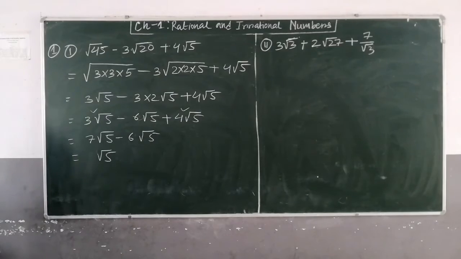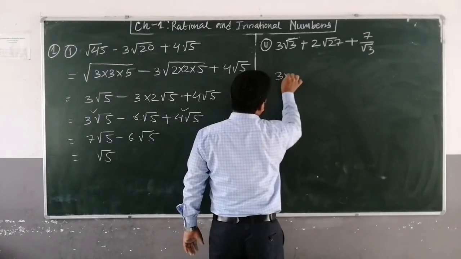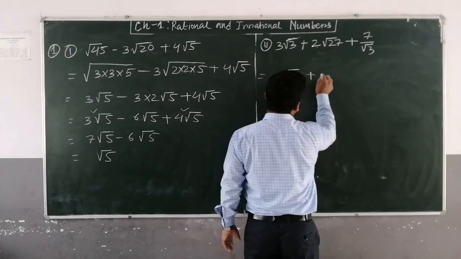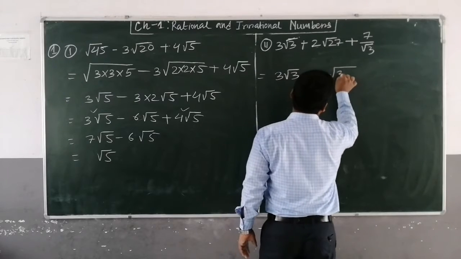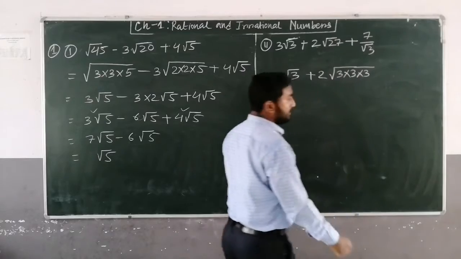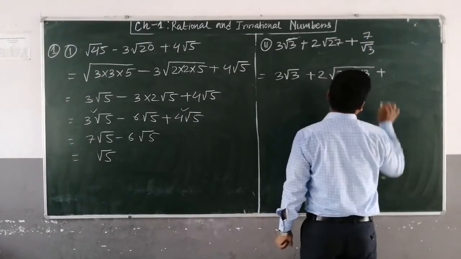Okay, try to solve this. So root 3 can't be reduced, so 3 root 3. Okay, and plus 2 root 27, 27 means 3 into 3 into 3, clear, plus